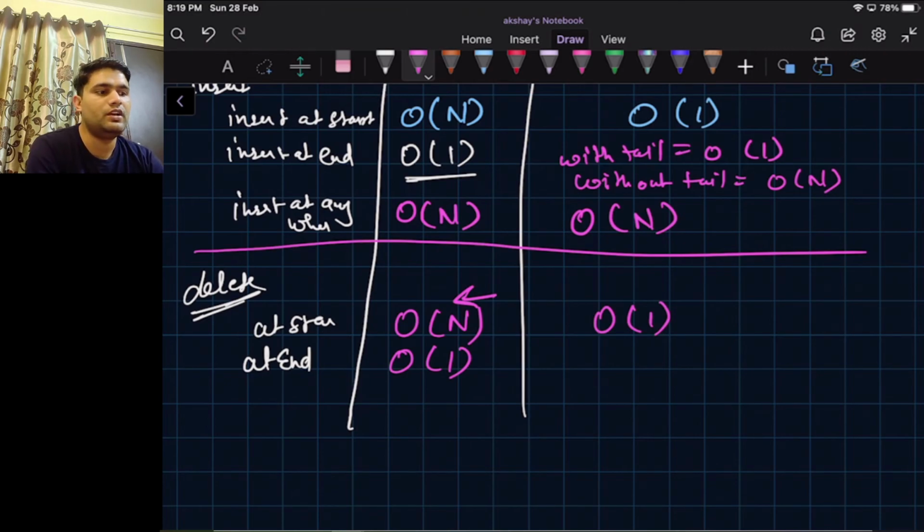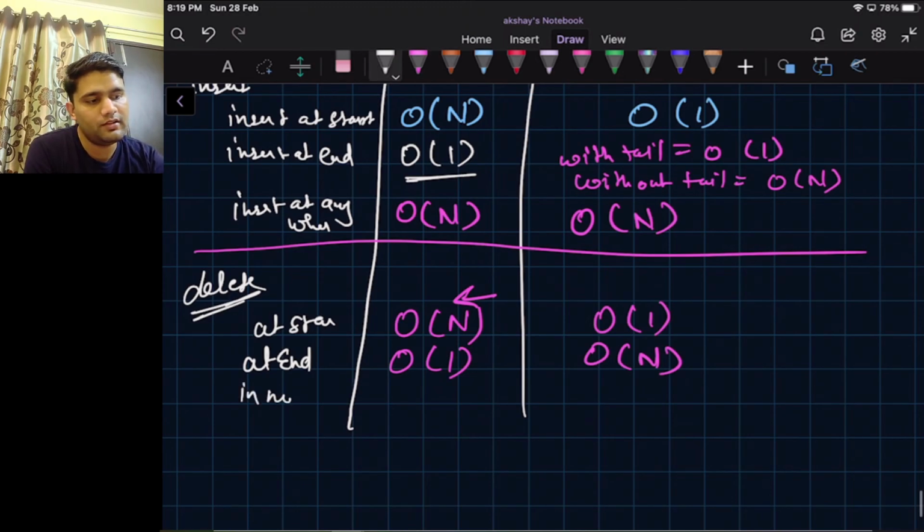But in a linked list it is big O of n, even with tail or without tail, because if we have a tail we need to crawl the tail just behind the tail. In a linked list, deletion at end will always be big O of n.